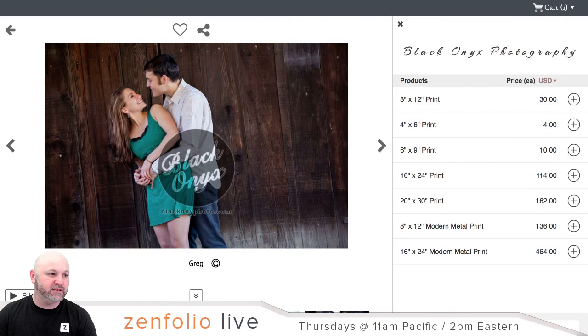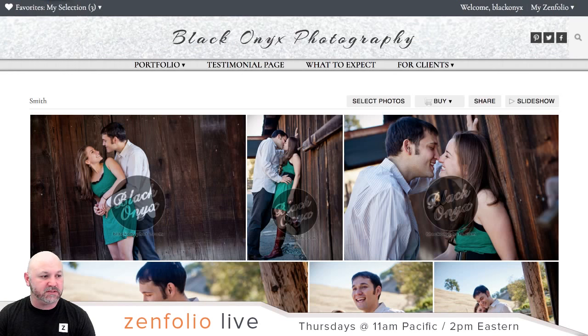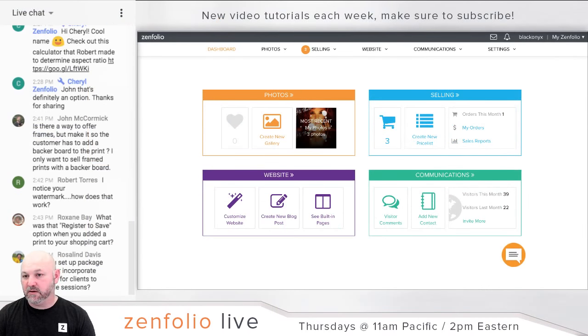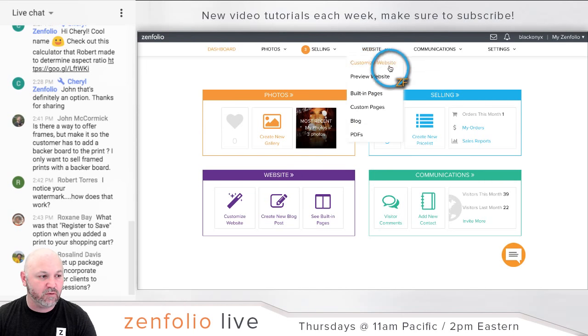All right, guys, let me jump back over, and we will start grabbing those questions out of chat. So let me jump back over to my dashboard. And let's see here. So John says, is there a way to offer frames but make it so that the customer has to add a backboard to the print? I only want to sell frames with a backboard. So if you go up here to,